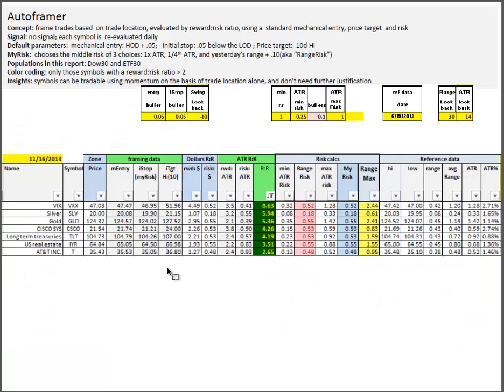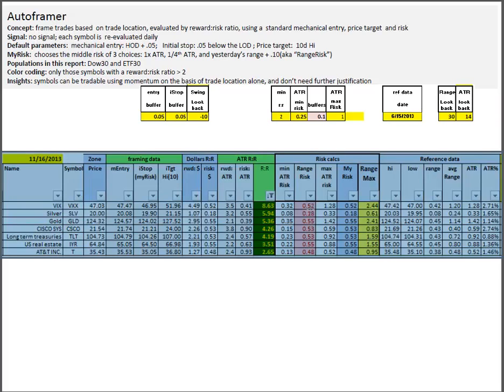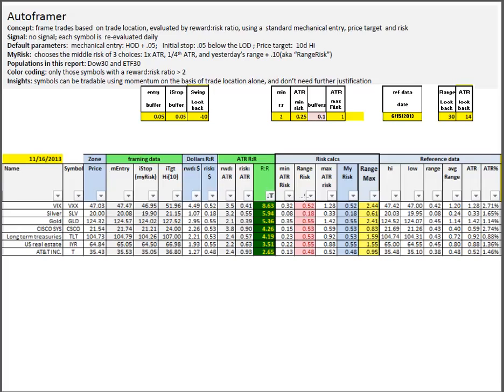Just the auto framer stats for those of you that are mechanically framing trades. Under the framing data, for example, you would find that the auto entry, the mechanical entry for VXX is at 47.47, and this would suggest a 52-cent risk based on using the high of the day plus a nickel to enter and the low of the day from Friday minus a nickel as your initial stop gives you a 52-cent risk with a target of 51.96 or the 10-day high. That comes in with an 8.63-to-1 reward to risk ratio,